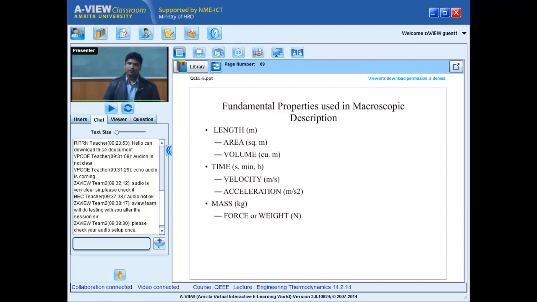The moment I know this, because I know from the senses length, the length gave me area and volume. The same length helped me to get a time scale. The moment I know the time and length in a macroscopic sense, I created velocity and acceleration. The day I could get the mass, I created the force. And the great Newton helped us develop devices based on these senses. And force per unit area, again, pressure.